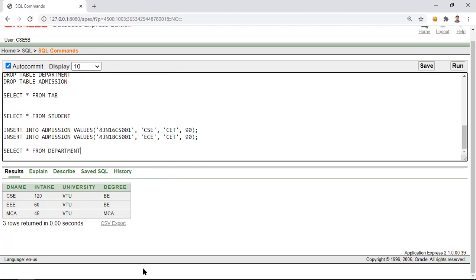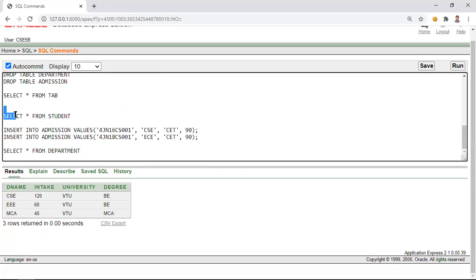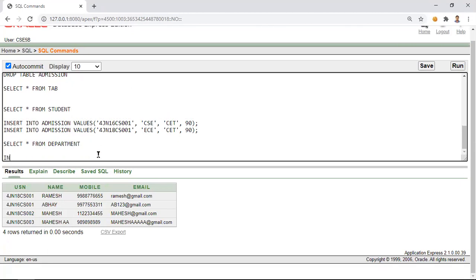Now let us learn one more concept today. So in the student table, I have four values, right? So let me try to insert into student values. Okay.